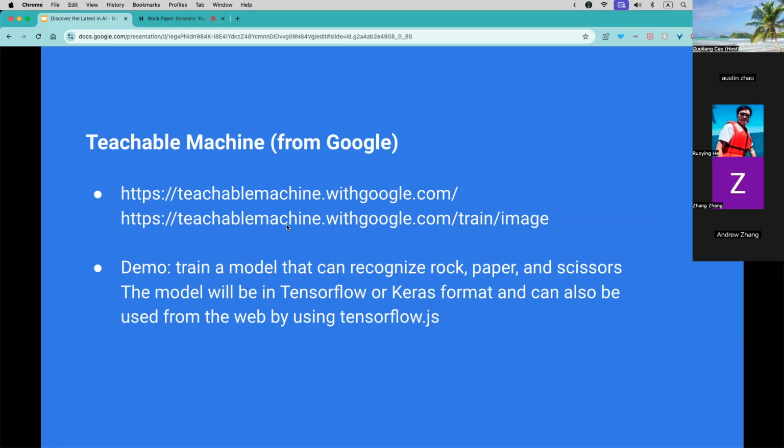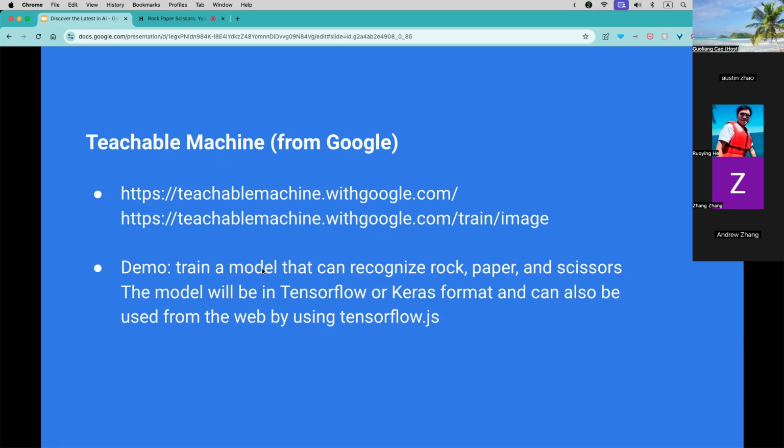So we are going to do a quick demo today. By the way, I learned about this Teachable Machine from a seminar hosted by Professor Shen Jiaosou from NC State University. His son demoed how to use Teachable Machine to train on images using a webcam. So we are going to pretty much do the same thing today.